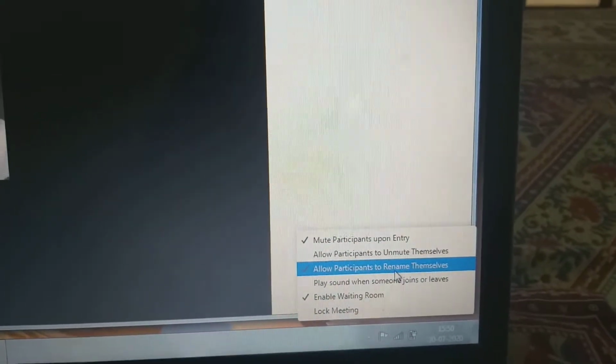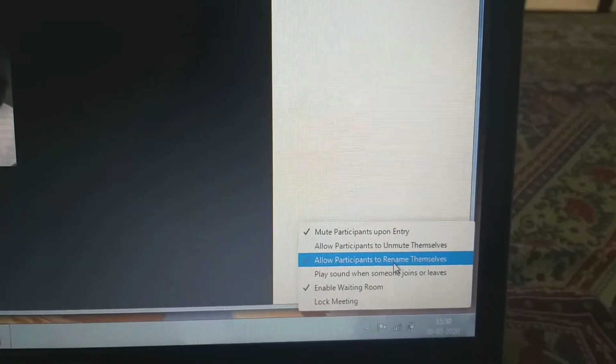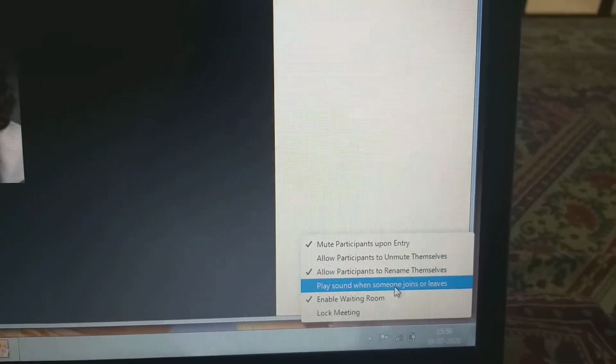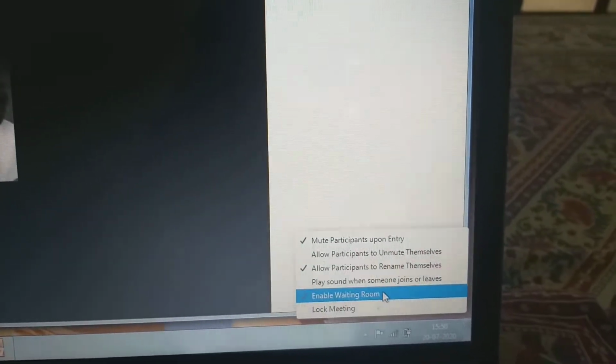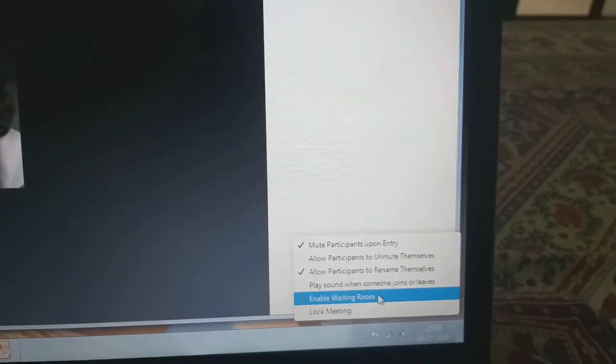Allow participants to rename themselves, yes, participants can rename. Play sound, we don't want to play any sound. Enable waiting room, yes, we have to enable the waiting room so that we can allow participants to enter one by one. After 5 minutes, if you wish to lock the meeting, you can lock it. So this is all about this.